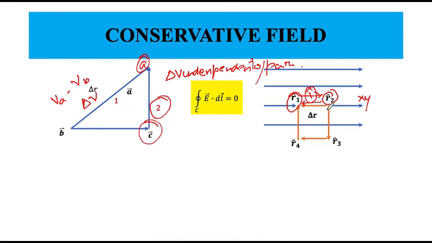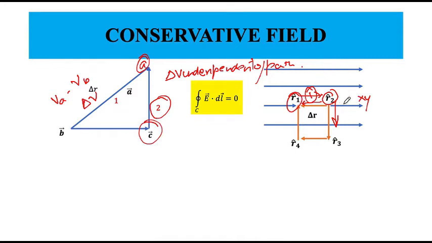Now you have the R2 to R3 movement. What is the direction of the electric field? Assume that you are moving in this way. What will the electric field be? The path that I have chosen is not exactly correct for a point charge, so we will come back to that in a little bit. Let us go back to the uniform electric field itself. We are not talking about a point charge.